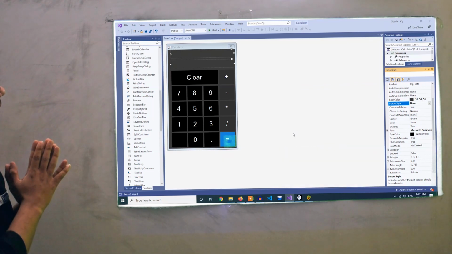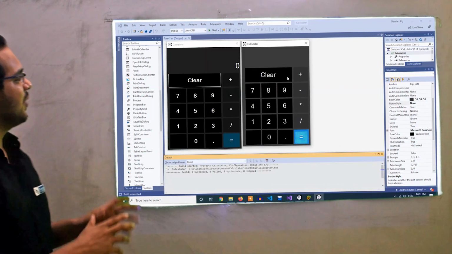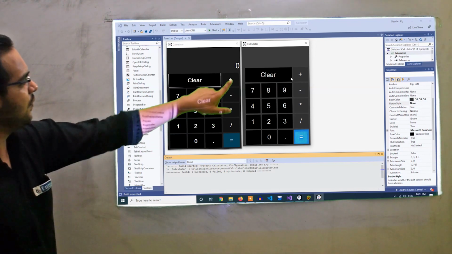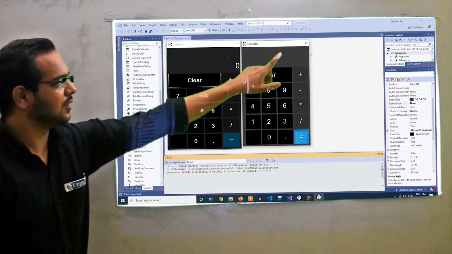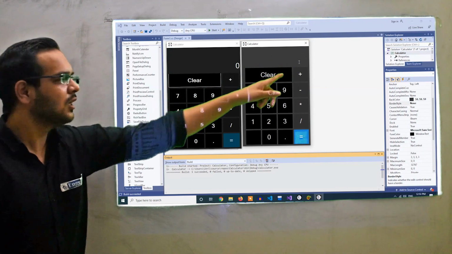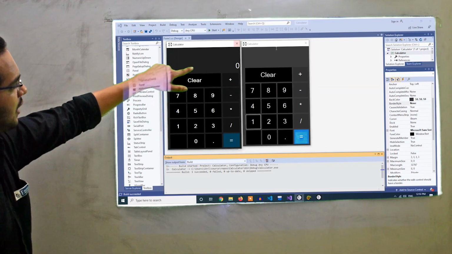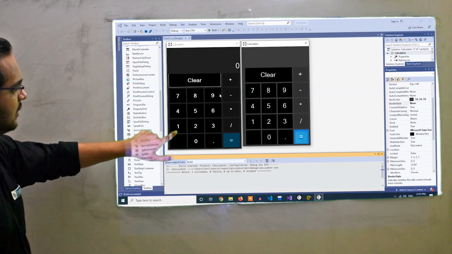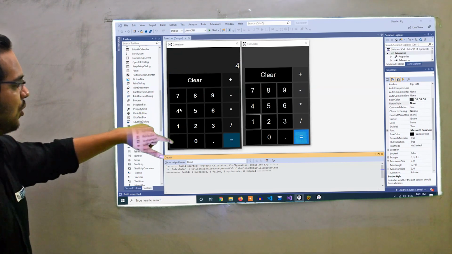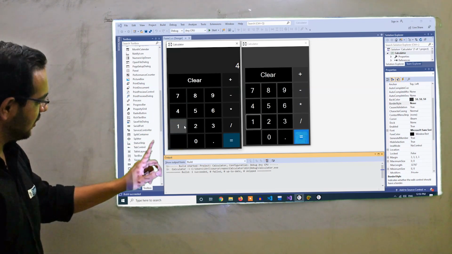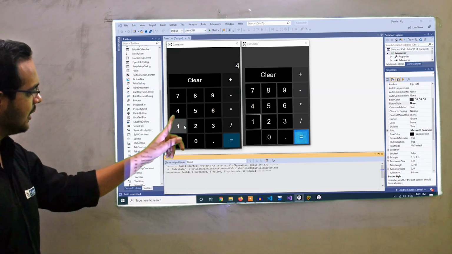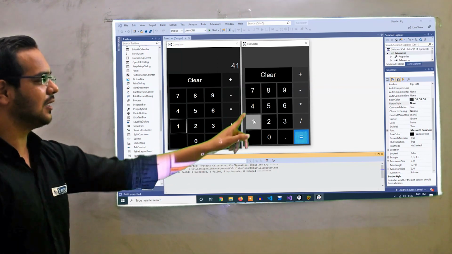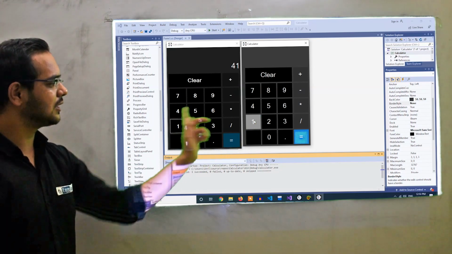Let's see. Check. Yes, now it is looking like very similar. Let's see what are the differences remaining. We have by default 0 over here and in our current output we have blank. So we have to change this text box text property to 0 and one another thing, if we click on this, so this is our desired output, right? So just see the button color. Okay, so this is we can say dark gray color and if we click on this, it is very light gray color. So we want to change this color also.